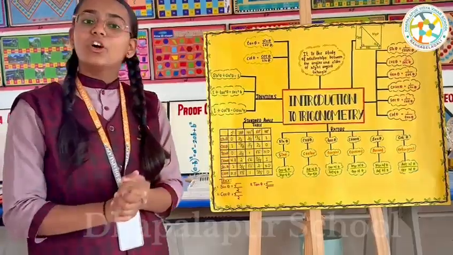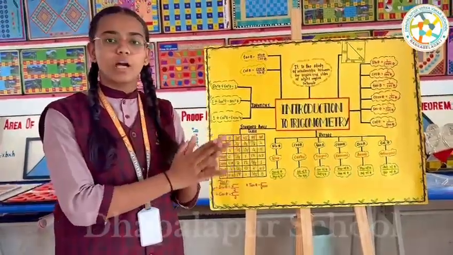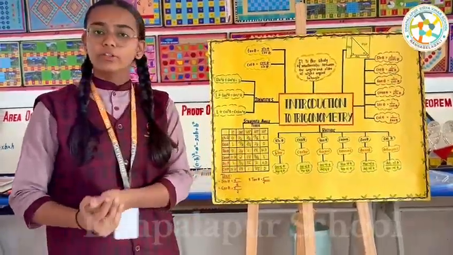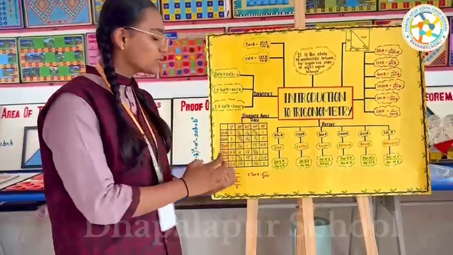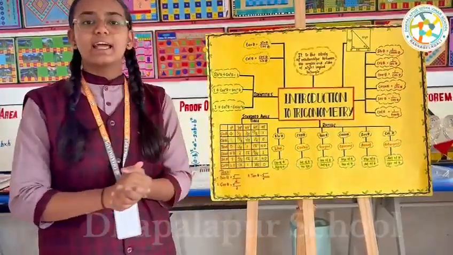What about the cos 30 value? That means we are going to count the number of fingers upwards. There are 3 fingers upwards, therefore, under root we are going to substitute the value 3. That becomes root 3 by 2. Cos 30 value is root 3 by 2. What about the tan theta value?